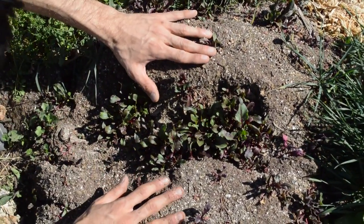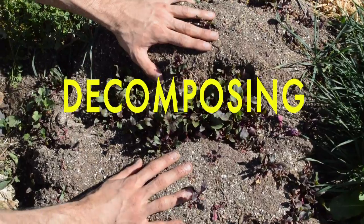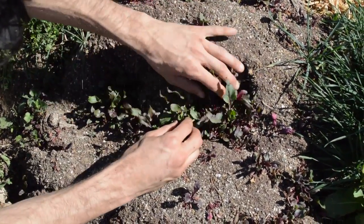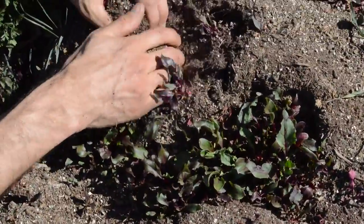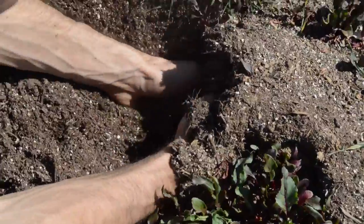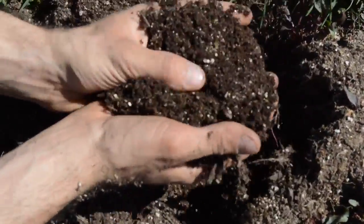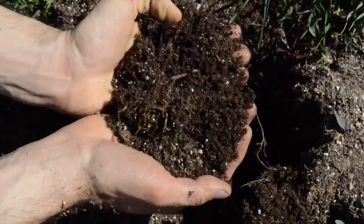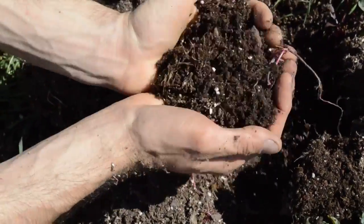This right here, these are some trays of microgreens that have really been decomposing for a couple of weeks now. And we can actually see that some of the microgreens are regrowing. And if we dig deep here, we can actually find some really beautiful soil that could be used in someone's garden in their home, or we could use it here at the Roosevelt Center of Sustainability and we could grow more